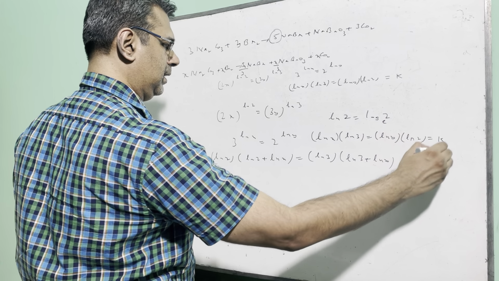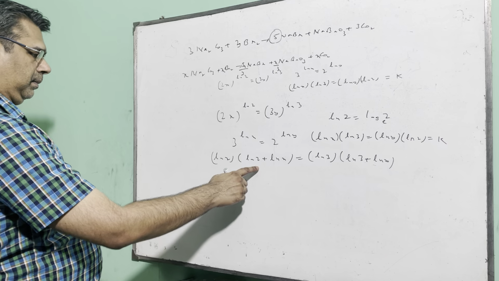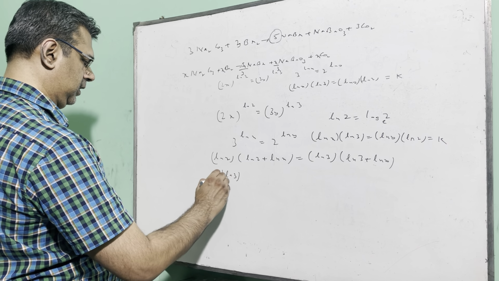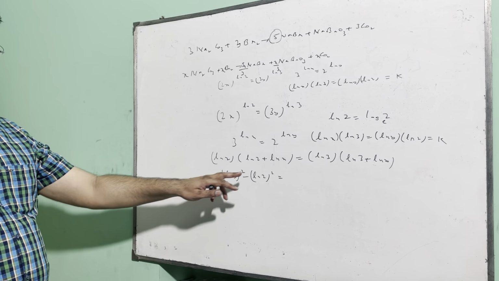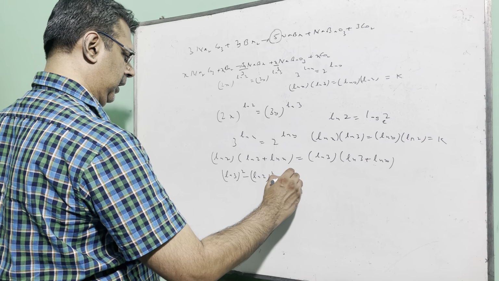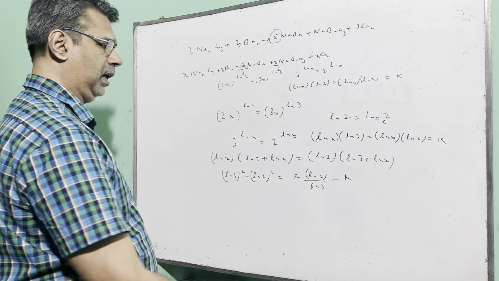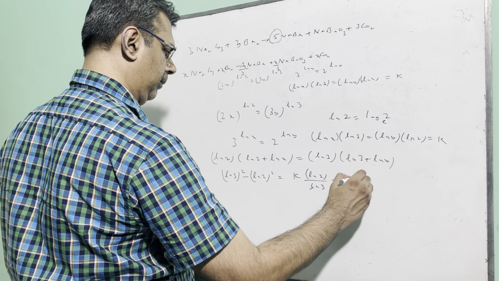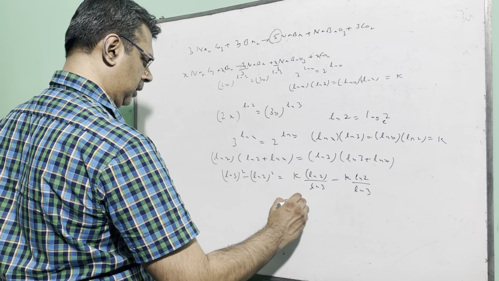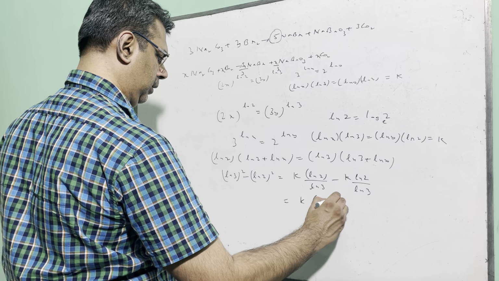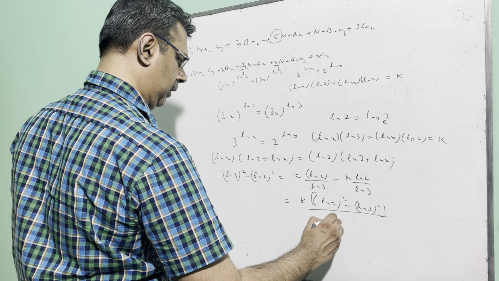Now let us equate ln x ln 3 equal to ln y ln 2 equal to k. Now let's come back to this equation. If you change sides, you will get (ln 3) whole squared minus (ln 2) whole squared. Now ln x you can write as k by ln 3, and ln y you can write as k by ln 2. Now if you take the LCM, you will get k into (ln 2 squared minus ln 3 squared), whole thing divided by